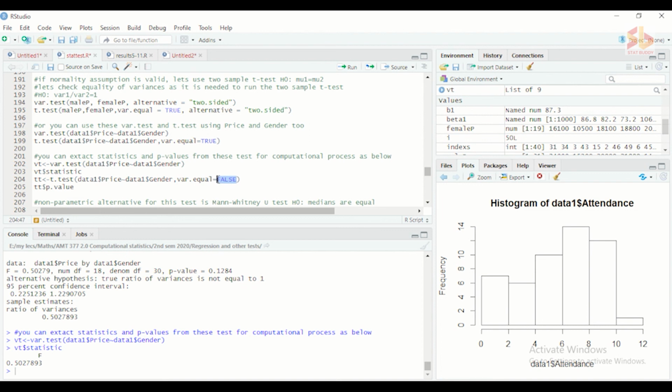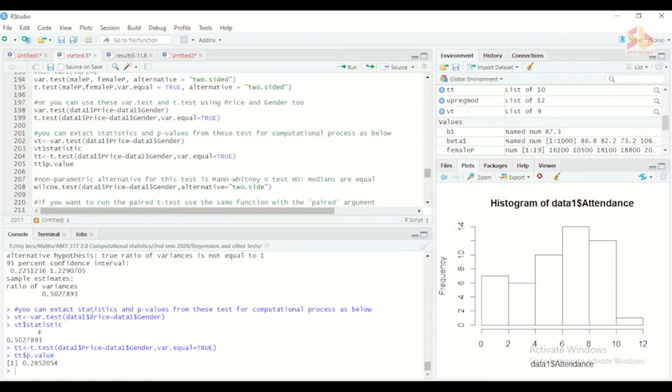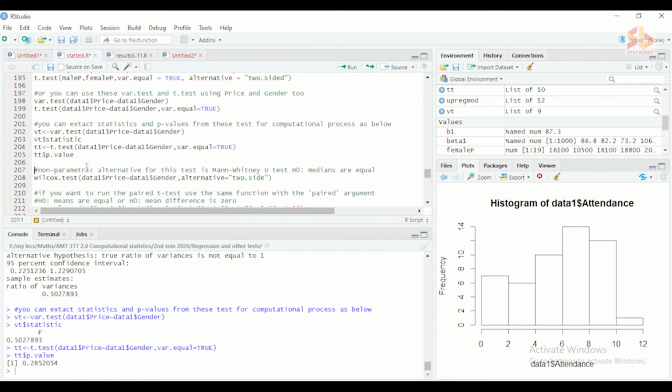Using the same approach, you can store the output of the t-test in an object and access the p-value like this. You can use these techniques for computational processes, which means generating a sample many times, performing the test many times, and storing those results in another place.